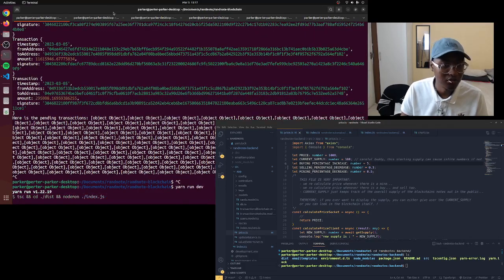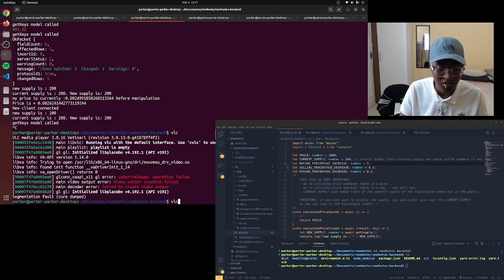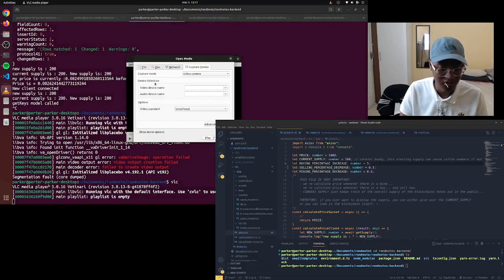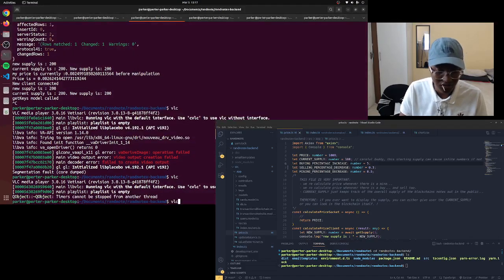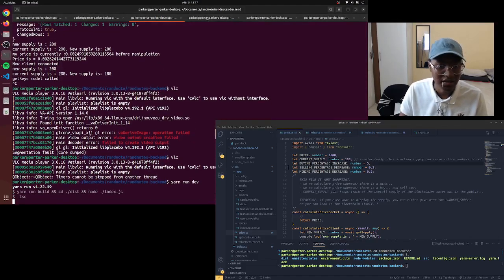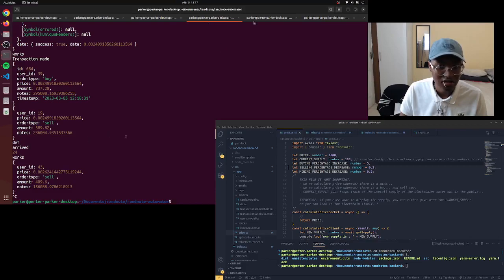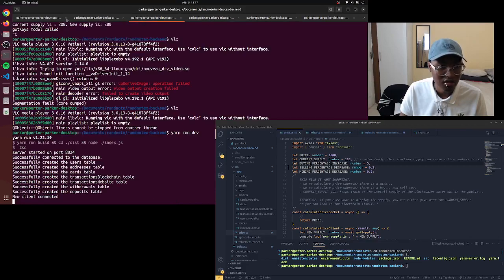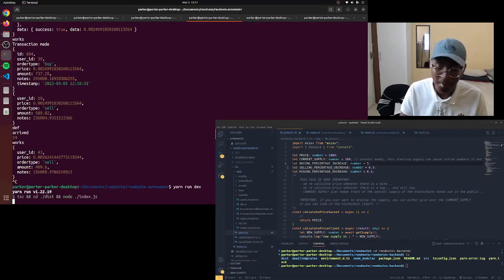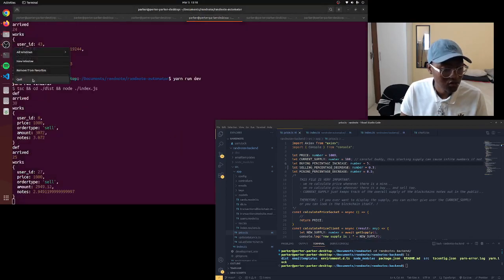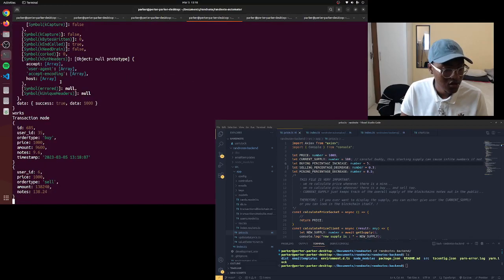We're gonna restart the blockchain. We're gonna restart the VLC. We're gonna restart the blockchain, I mean the backend, and we're gonna run the automator. One in the head, one in the toupee. We're gonna quit this. So we're running,